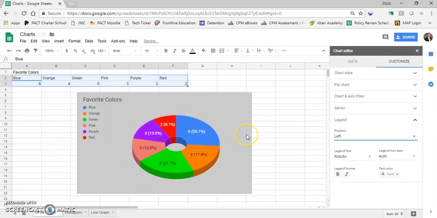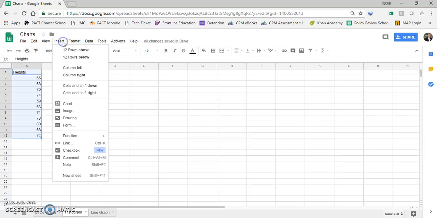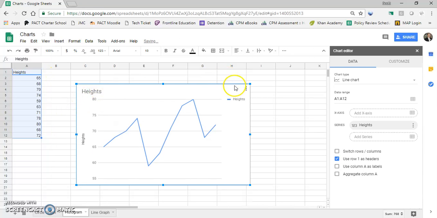So I'm going to put it on the left. So there's our circle chart, pie graph. Histogram. We made one of these today in math class. So I'm going to start out again highlighting everything, just like before. Go Insert, Chart. But for the histogram, the bar graph that we're wanting,